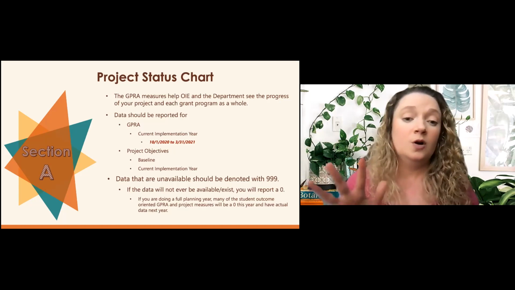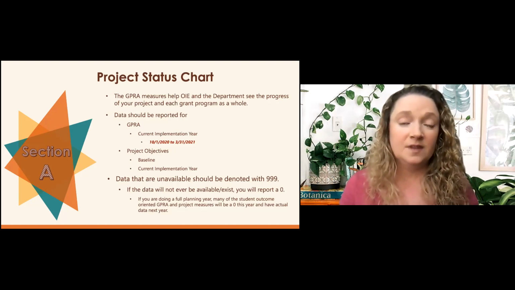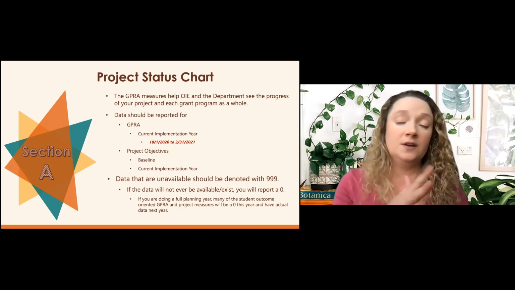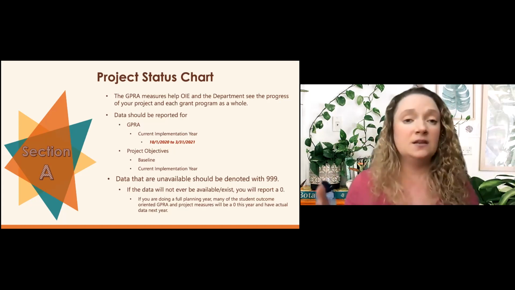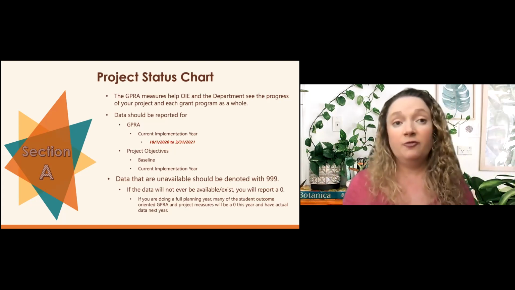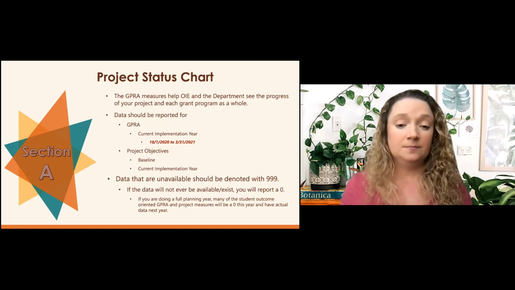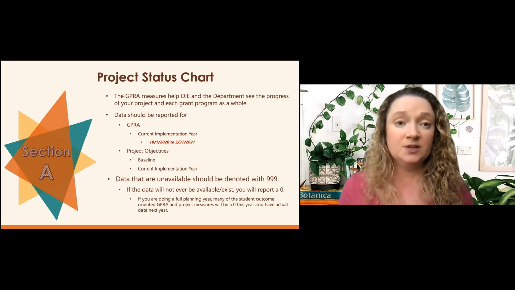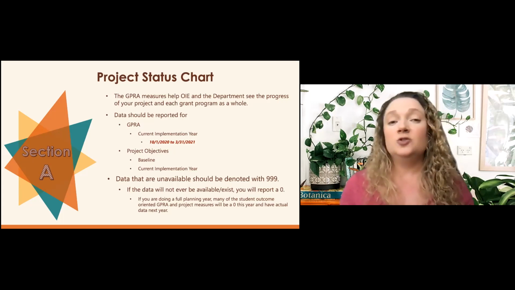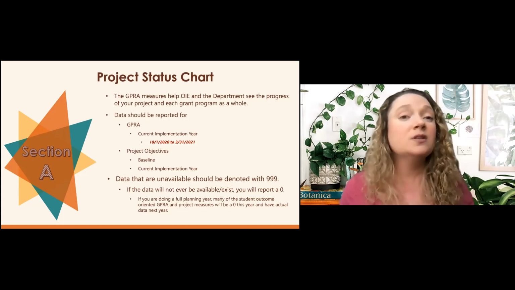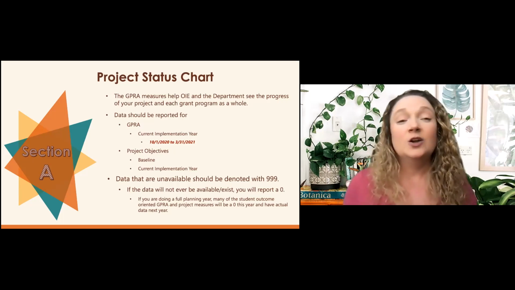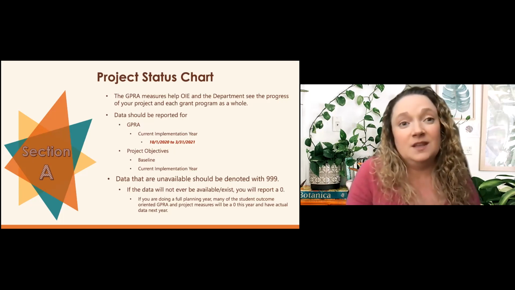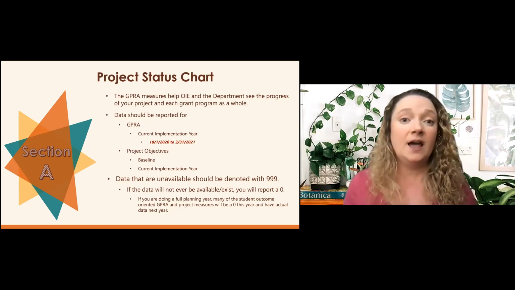Most of you are in a planning year. Some of you are in a planning period of anywhere from 3 to 6 to 9, 10 months. And some of you have a full calendar year of planning. So know that we're aware that some of these things are going to be 0 for you this year. And that's just by token of the way this grant is designed and the fact that you're in a planning period. Don't think that that's going to reflect poorly on you, that during a planning period, you don't have a student outcome for something. It's impossible, and that's okay.